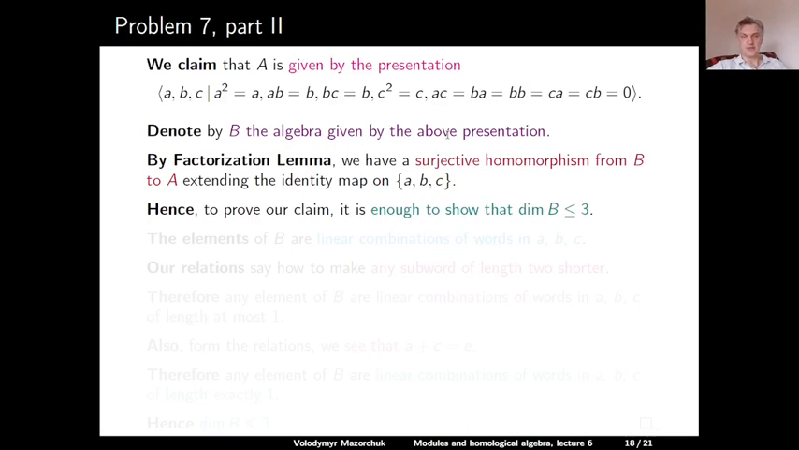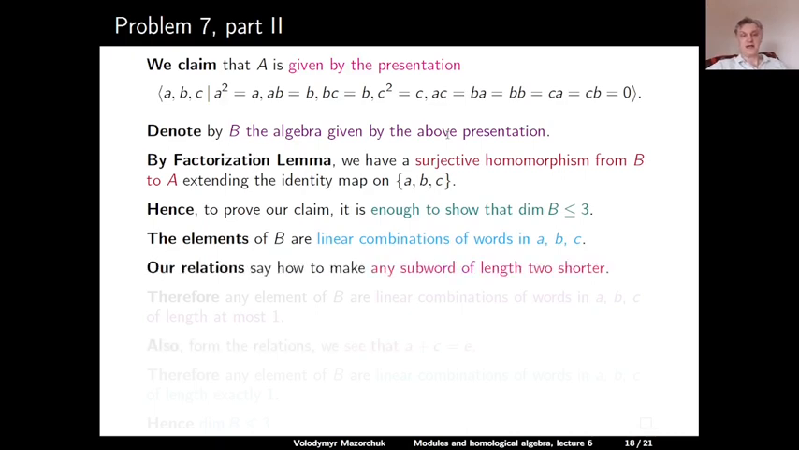most 3. By definition, the elements of B are linear combinations of words in the elements A, B, and C. And our relations say if you have any word which has length greater than 1, we can take any two letters in this word and multiply them, and using our relations, we can reduce the length of this word. Therefore, any element of B can be written as a linear combination of words in A, B, C which have length at